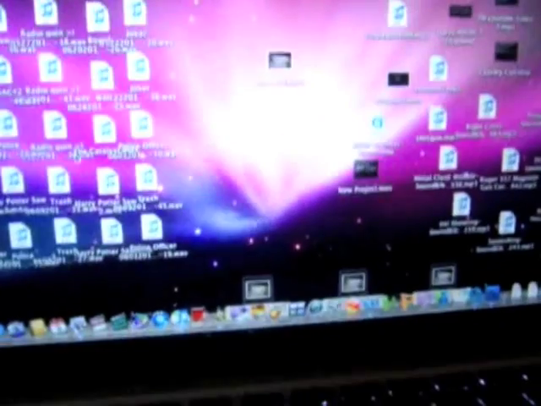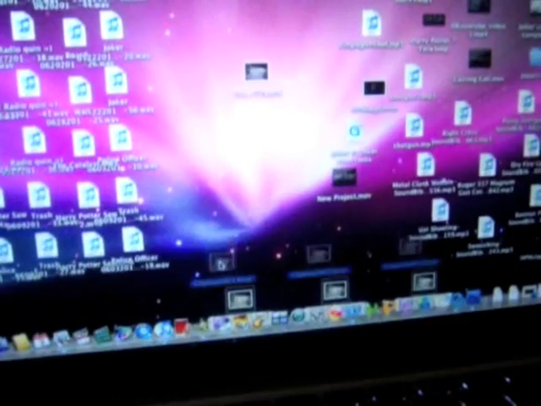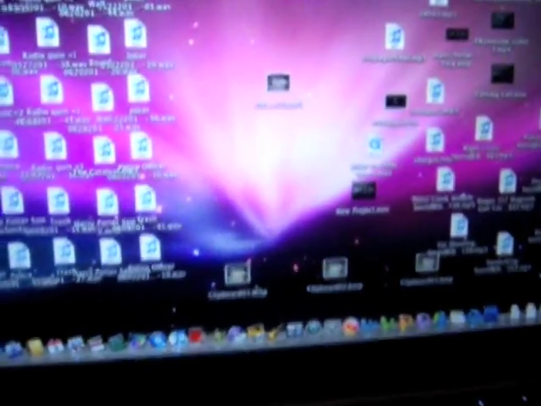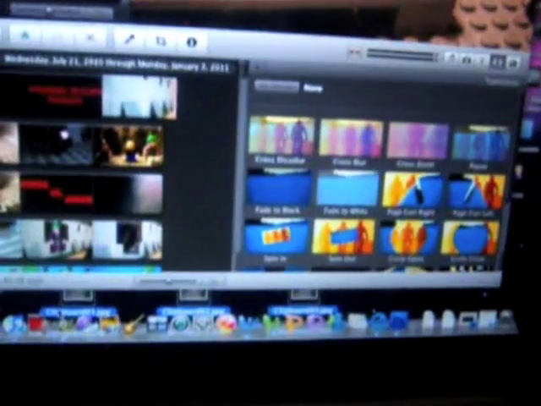Oh, there's one little thing I forgot to mention. iMovie doesn't seem to respond well to BMP files. So what you want to do is switch it to JPG. This will pop up, say use JPG. Okay. Go back up here. Put the files in. Let them show up, and now